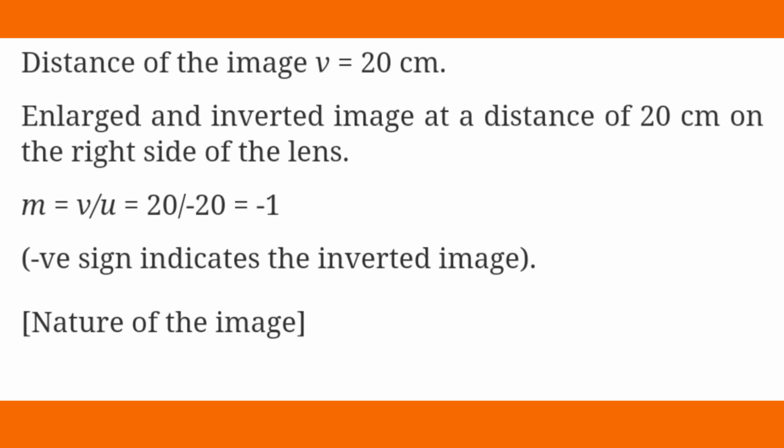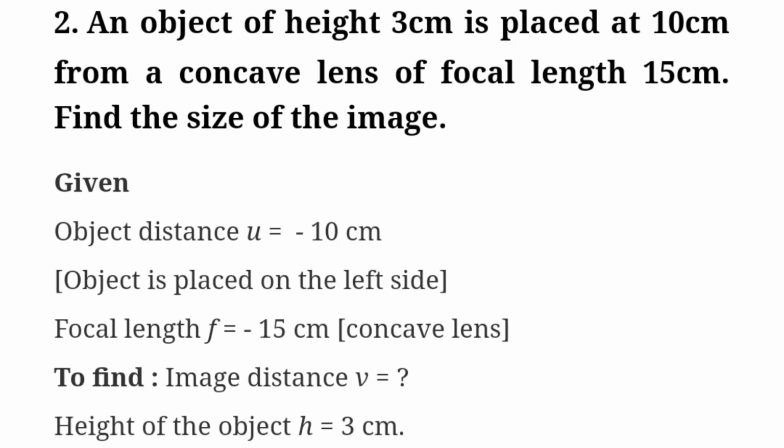Enlarged and inverted image at a distance of 20 cm on the right side of the lens. M is equal to v by u is equal to 20 by minus 20 is equal to minus 1. Minus sign indicates the inverted image. Nature of the image. Second one, an object of height 3 cm is placed at 10 cm from a concave